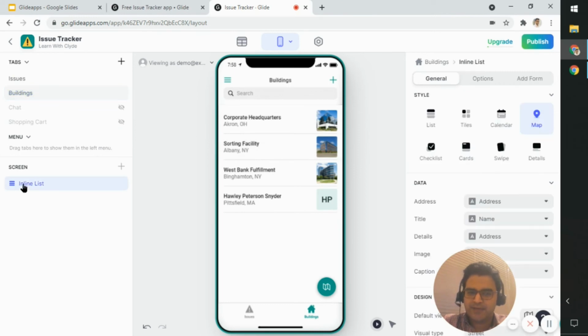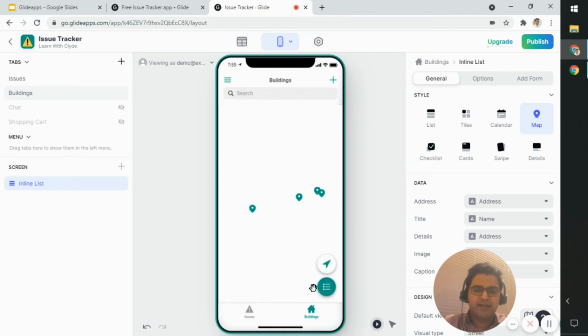This is an inline list component, but the style given to it is of a map. While these list items show up here, I can see that there's a navigation map button. If I click on that, it pulls up